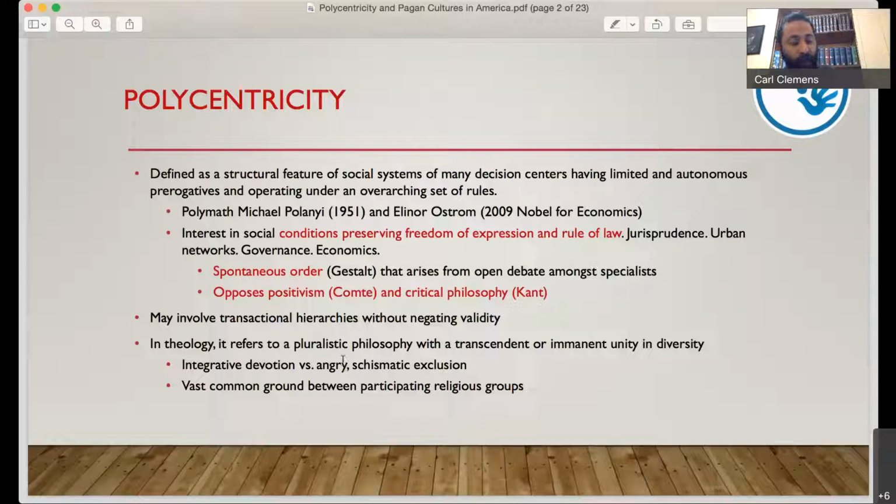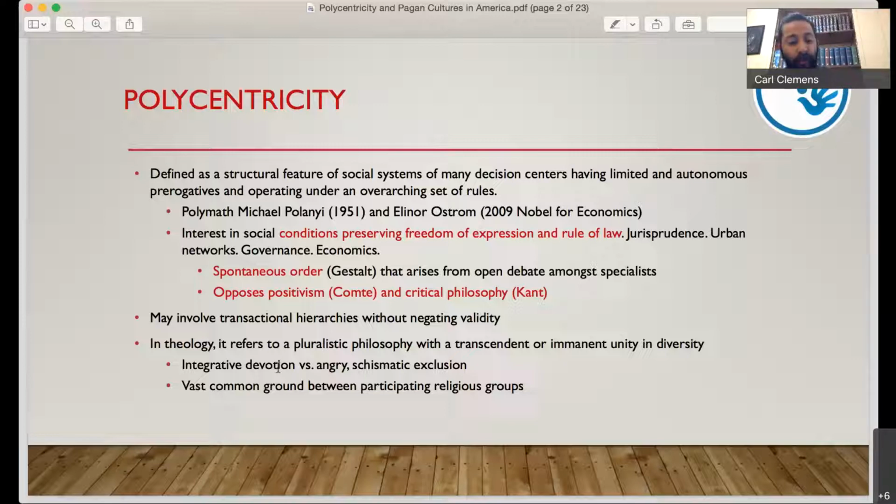Sometimes people equate polycentricity with polytheism, and to a large extent that may be true, but it's not wholly true. There may be people who classify themselves or are classified as monotheists, but who are polycentric. I'll just give the example of Madhva Vaishnavism, which is often classified as a monotheistic faith. But the kind of devotion that they practice is an integrated devotion. I gave the example of Madhva, where all the devatas are integrated within that concept of, within